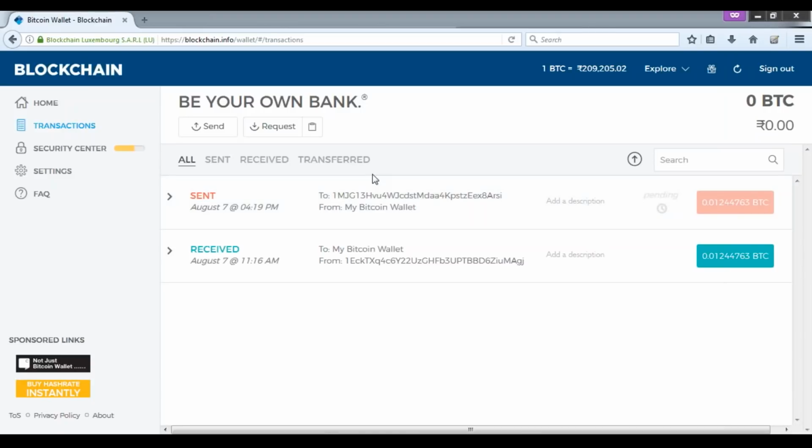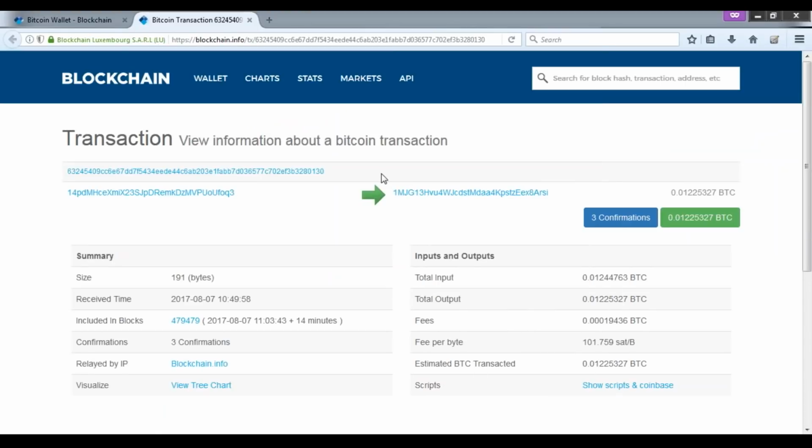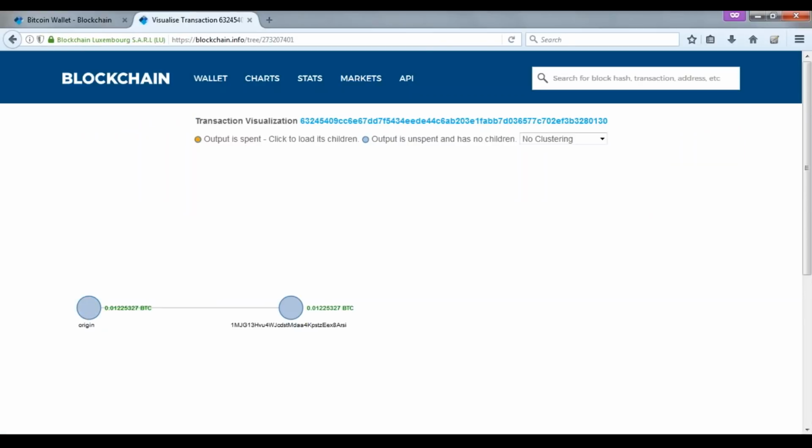Now one thing you can do to check the status is to go to this arrow mark here, and you can see 3-block confirmation is still pending. To get more info, just click on this and you'll get redirected to the page which gives you the update with respect to the status. Here you can see it requires 3 confirmations and it's still not yet confirmed. If you click on view tree chart, it will show you how the transaction is being converted and how it has to get verified. So let's wait for the final confirmation and then let's conclude the session.